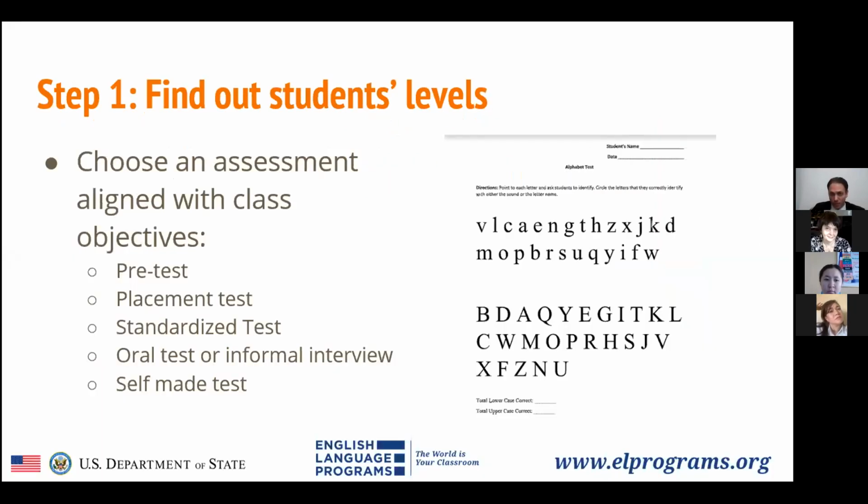Okay, so when you're starting differentiating instruction, the first thing you want to do is know where your students are at. How do you find out what level your students are at? All of you have talked to me about your students' levels. How do you know what level they're at? What do you do personally? By testing. Yes, by testing. Okay. Pre-test,